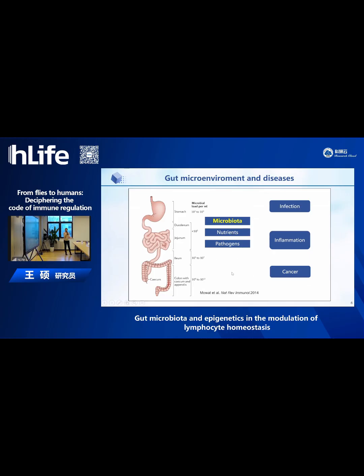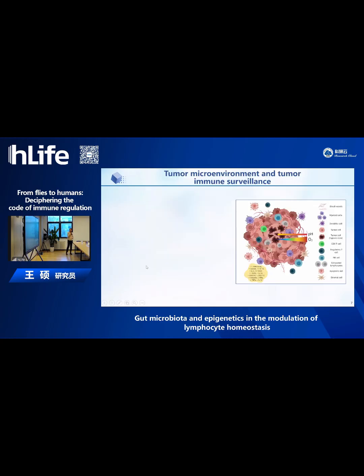As you may know, the number of commensal bacteria may be 10 times more than our human cells, so they have coexisted with our bodies for a long time. And the dysfunction or dysbiosis of the microbiota will lead to not only infection and inflammation, but also cancer. Our group mainly wants to know how these commensal bacteria affect tumor growth. Maybe we may first look at the tumor environment.